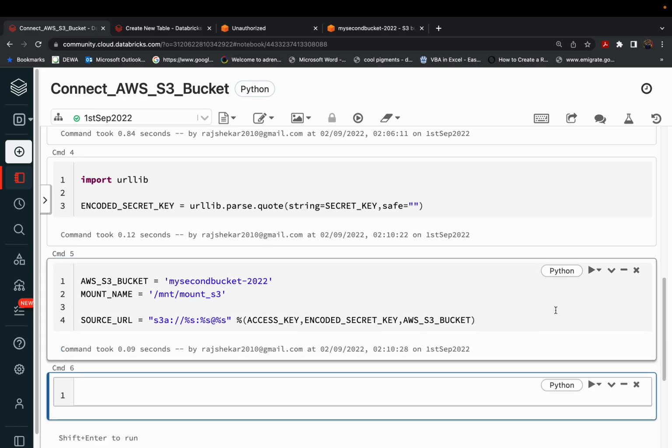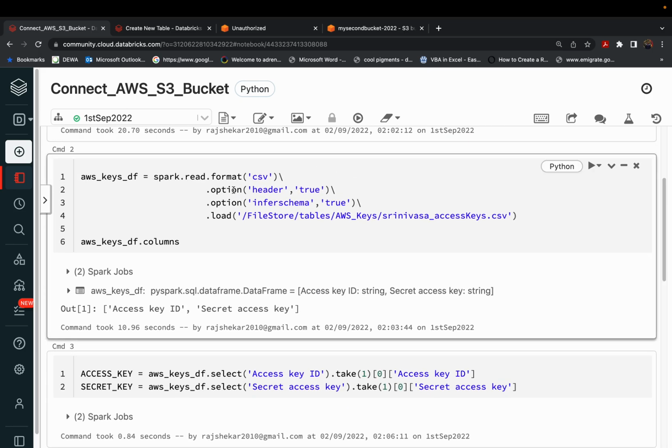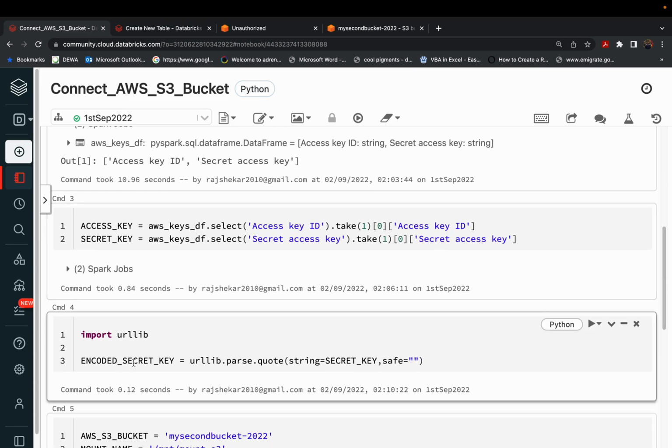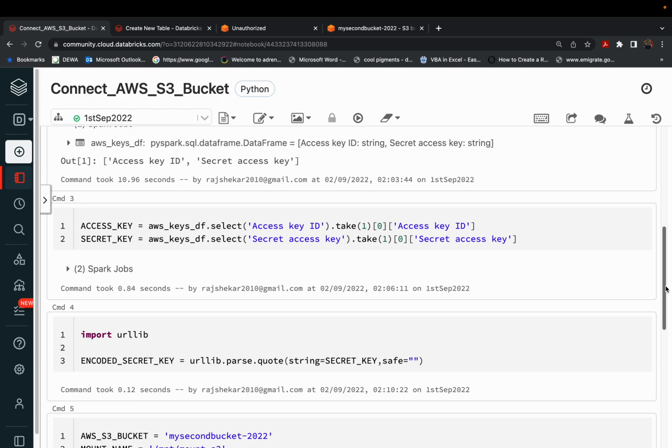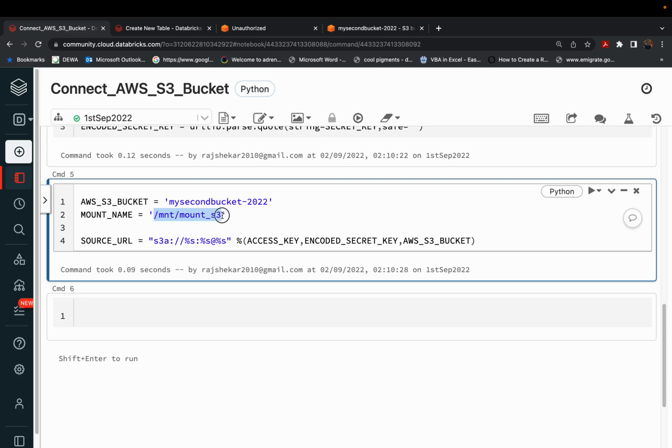So we have created different variables called access key, secret key, and the encoded secret key, right? And we have created a variable with our Amazon S3 bucket name and a temporary mount name. So this is the path wherein we access all our files available in this particular bucket directly from the Databricks,